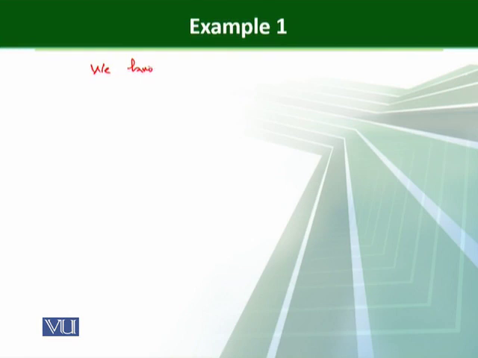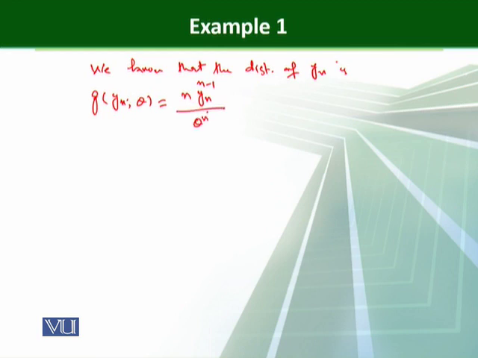We know that the distribution of Yn, which represents the maximum of X, that is g of Yn given theta, is equal to n Yn raised to power n minus 1 over theta raised to power n, for 0 less than Yn less than theta. To show it is complete,